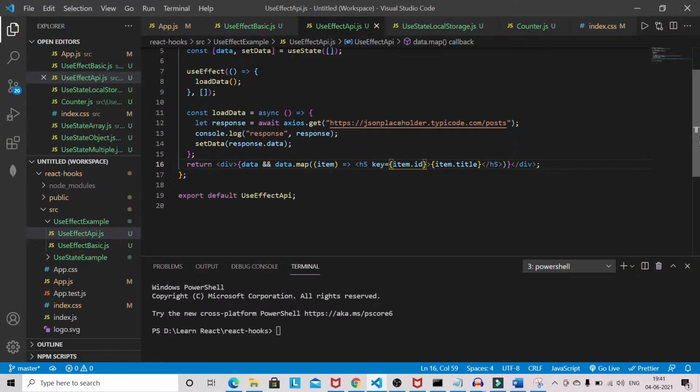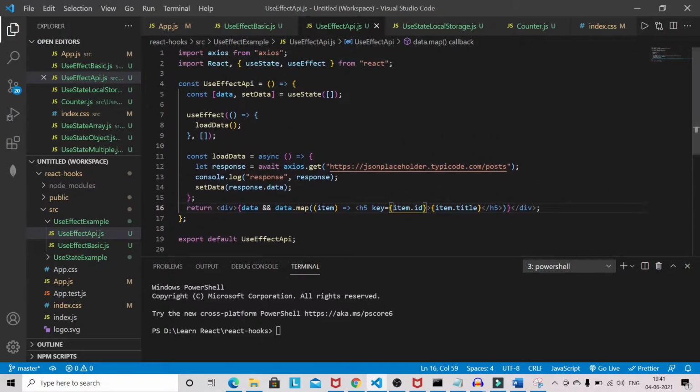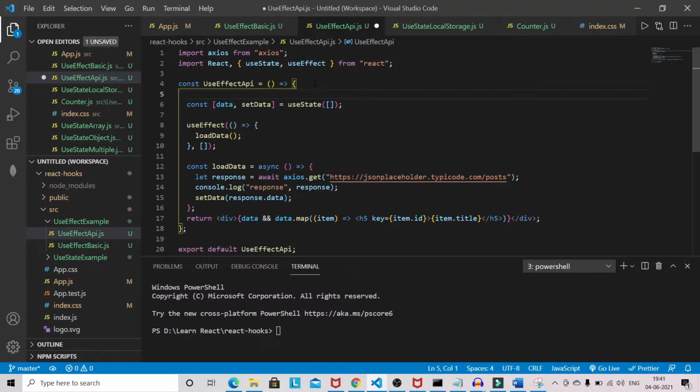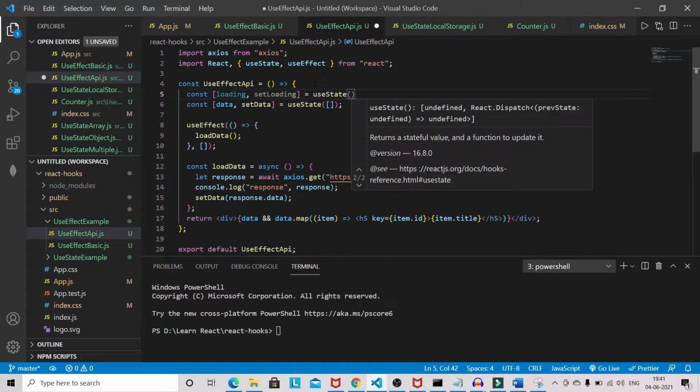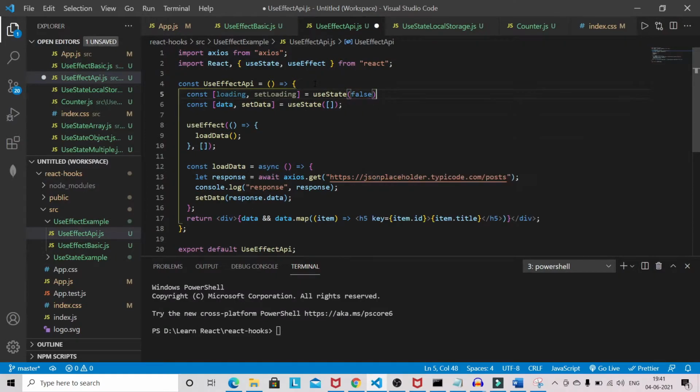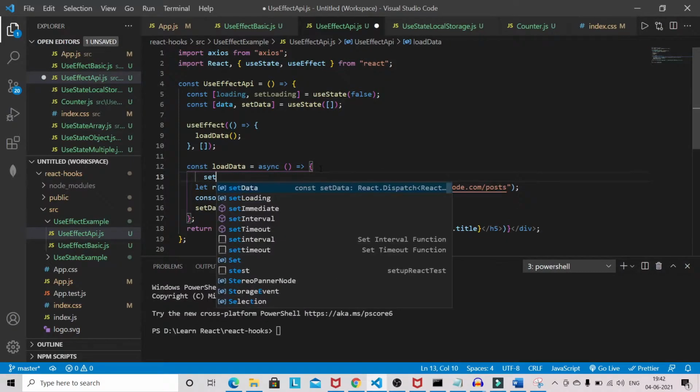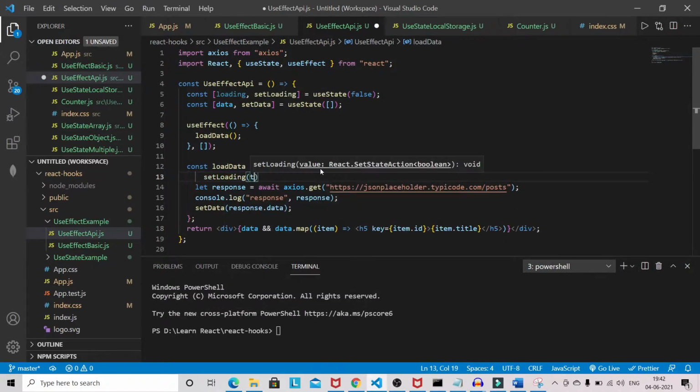Now in useEffect we will see multiple returns. What is meant by multiple returns? I'll show you what it means. Now const, I will have one more state here, loading, setLoading, useState, and initially it will be false. Once it loads, I will make setLoading true.